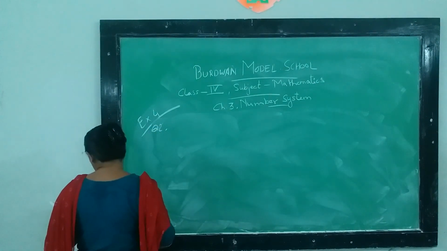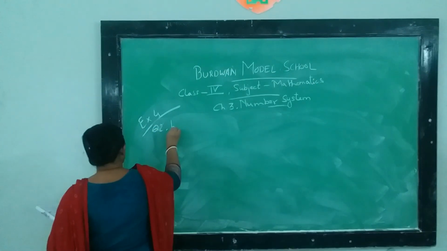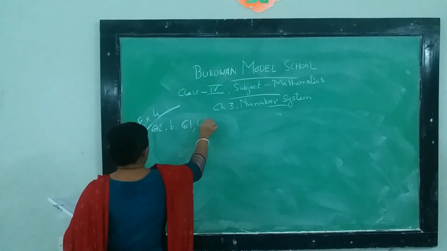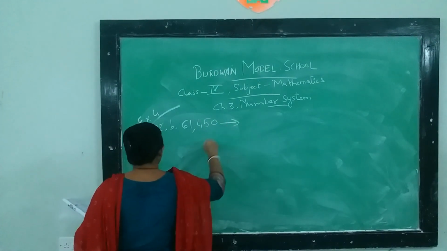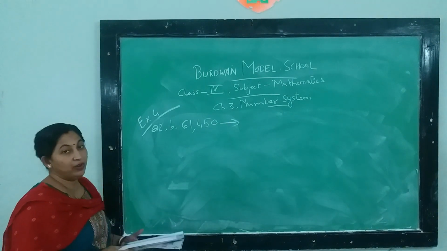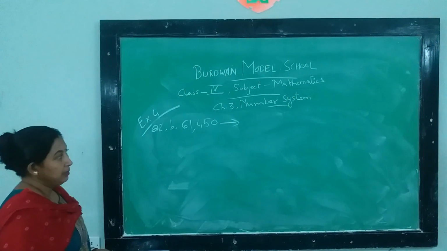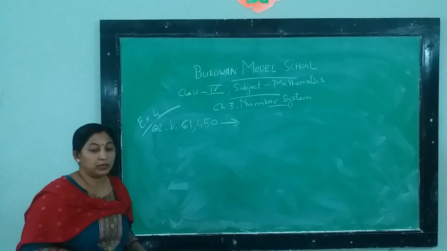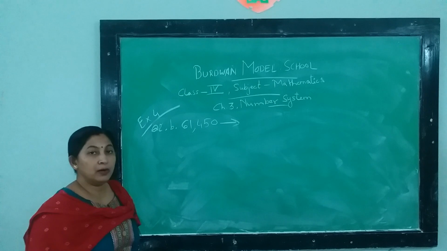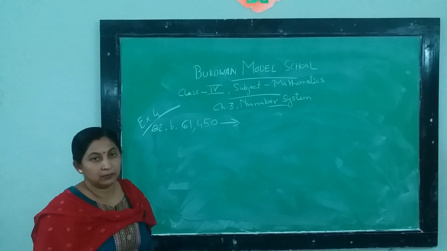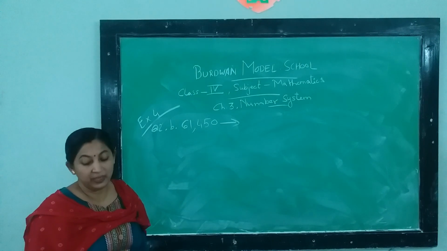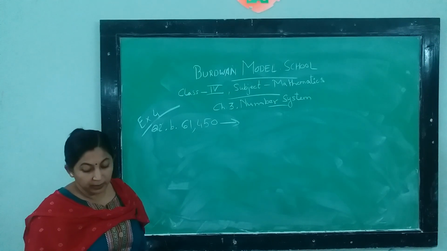Suppose I am writing number B. It is given 61,450. Which of the questions we are leaving, that you will practice at home. Because in such a small time we cannot complete all the questions of all the exercises. That's why you will practice whichever I am leaving, and if you have any doubts, kindly contact me over the e-portal.